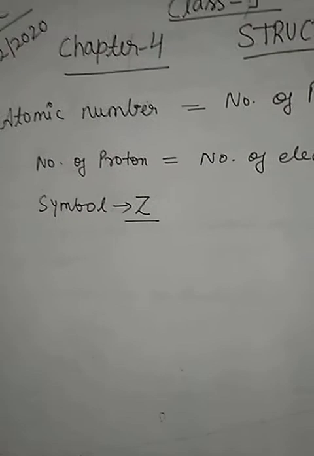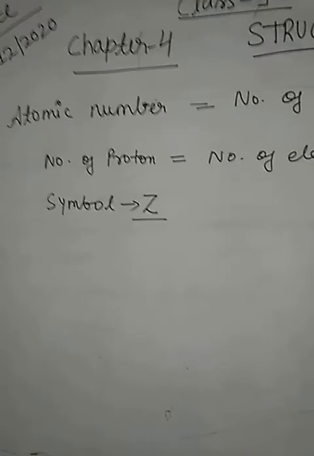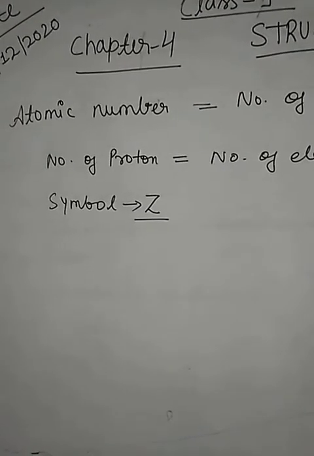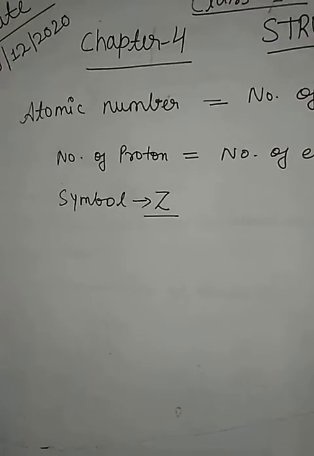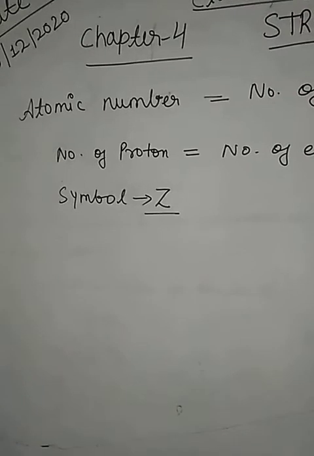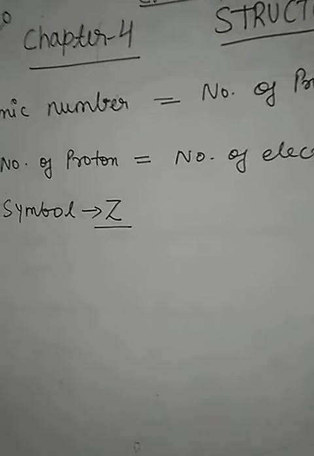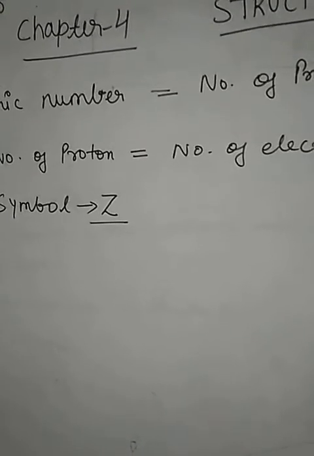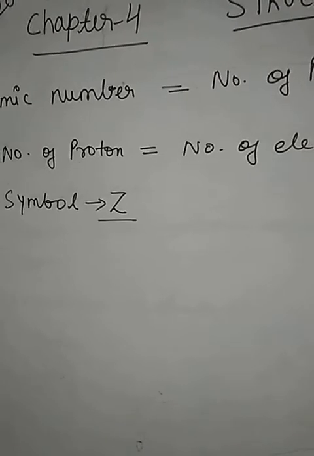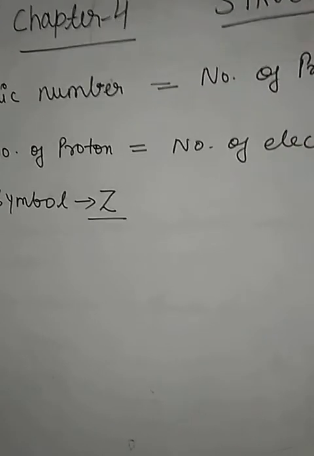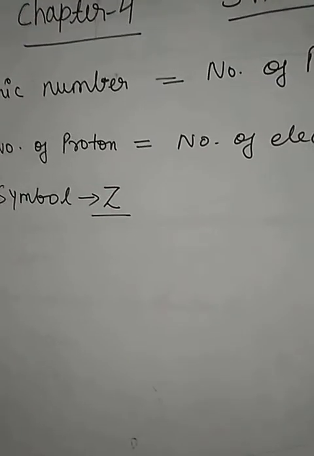The third point of the Bohr's theory is there is a limit to the number of electrons which each energy level can hold. It means in a particular energy level there is a certain fixed number of electrons. And each energy level or shell is associated with a fixed amount of energy. The shell which is nearest to the nucleus has the minimum energy and the shell which is farthest from the nucleus has the maximum energy.